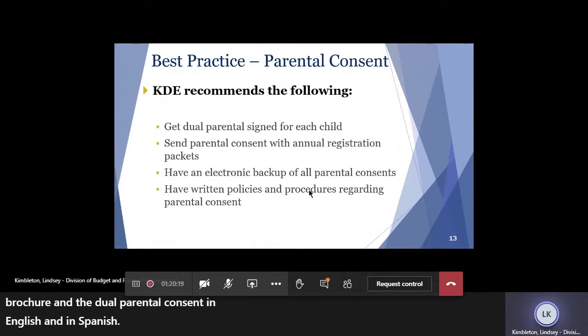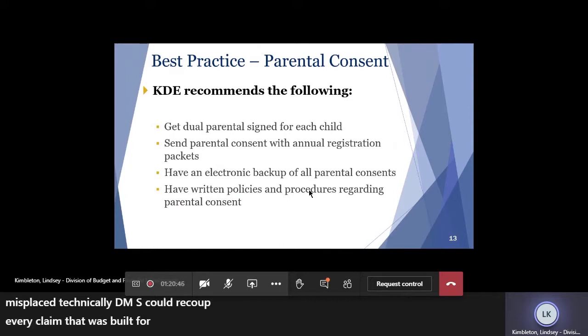Parental consent is one of the major core components of Medicaid billing. It is very important for schools to have policies and procedures in place to ensure every child that is billed has a signed parental consent. For example, Sarah is in 8th grade and she has been continually enrolled in your school district since kindergarten. The signed parental consent is from kindergarten. It was misplaced. Technically, DMS could recoup every claim that was billed for Sarah.